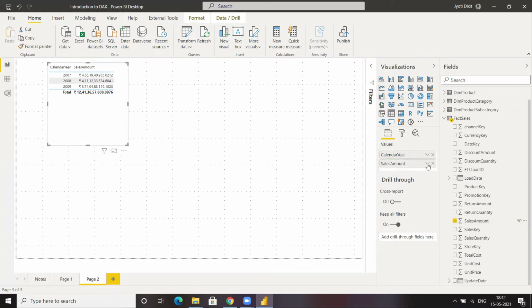Though I am picking a column over here, the sales amount, it's actually a numerical column. Later in the future, you will study that usage of a column is not preferred. Usually we create measures in order to depict these numbers, but that will be later. Now you can see that over here there are different values of sales amount corresponding to different calendar years, right?